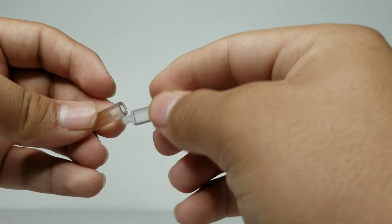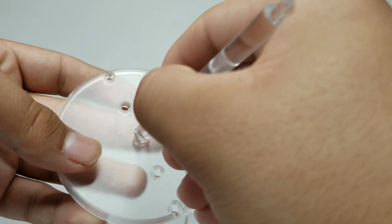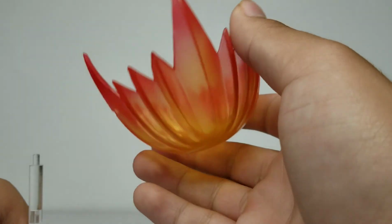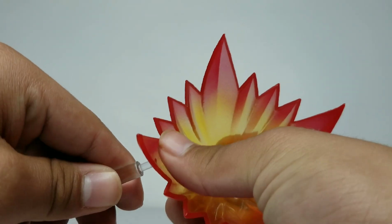And of course, he comes with his connecting pieces right here that connect to each other, and then you can connect these 2 onto one of these. Then plug them in any of the holes. This one's a little bit more stuck to it than Ryu's was. I mean, Ryu's was a little bit easier to get out. So all you got to do is